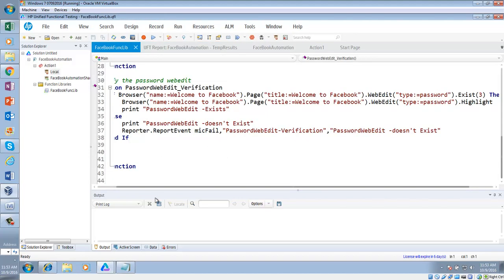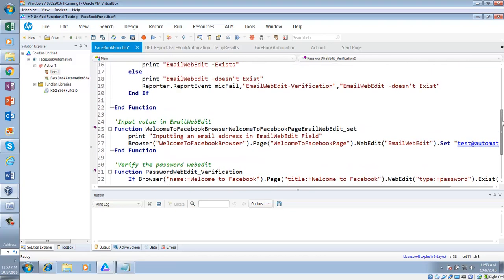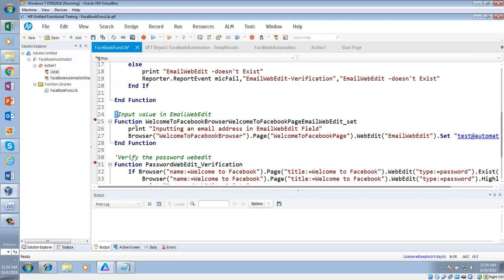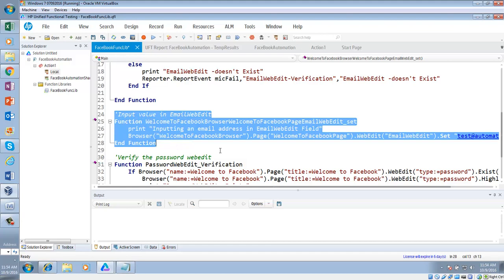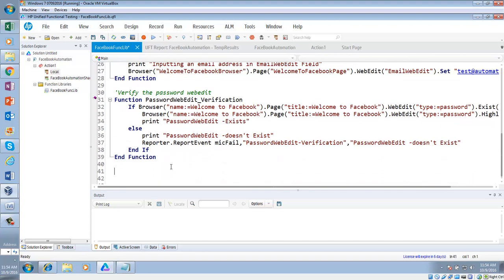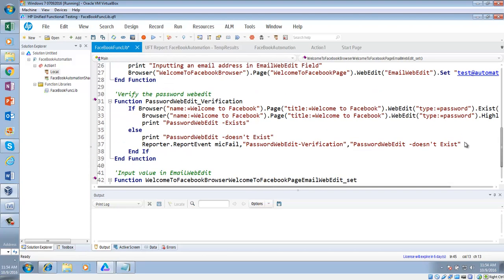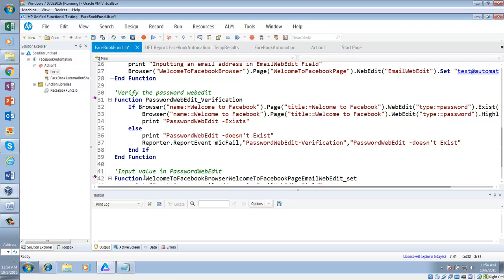Thank you. Now, let me input something in that password web edit. So, what is the next task? To input something in that password web edit. So, I will take a similar function. I will copy a similar function from my function library, and I will be changing that function. Okay. Now I have copied that. Now we are inputting a value in that password web edit, right? So I will change everything. Input value in password web edit, and then here